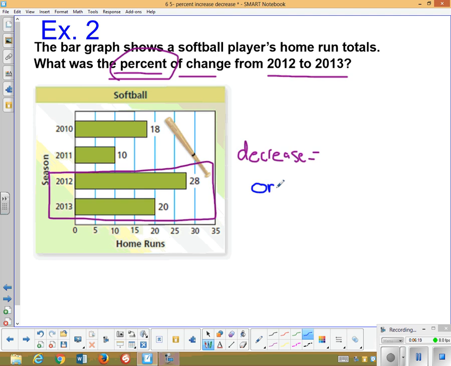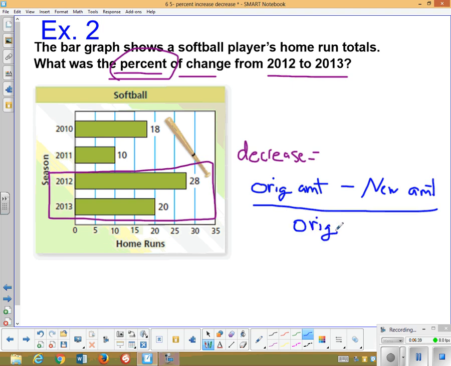Original amount, so make sure you copy this down, is subtracted by the new amount, so I'll put here new amount, divided by, can you guess? If you guess original amount, you're correct. Original amount, so original amount goes here. And then all we need to do, oops, let me rewrite this part, original amount, I'm just abbreviating, original amount,